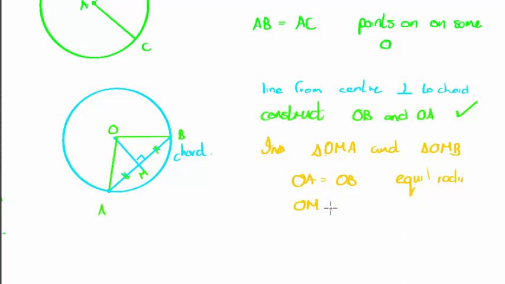OM is common. These two are actually congruent because they're the same line. Again, if you say equal, it's not wrong, but this is literally true. OM is equal to OM. You don't even have to give a reason, but that's fine. Common side. Okay.